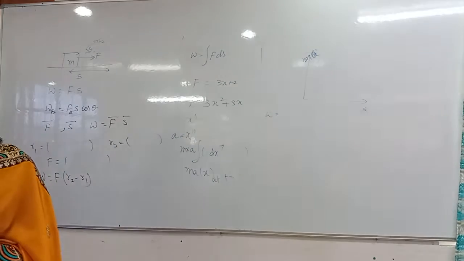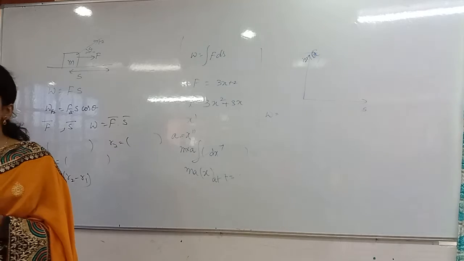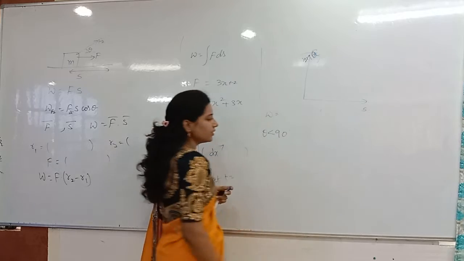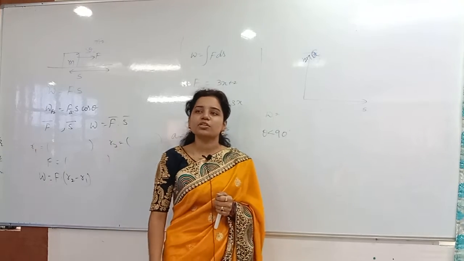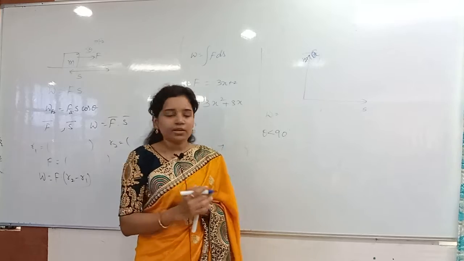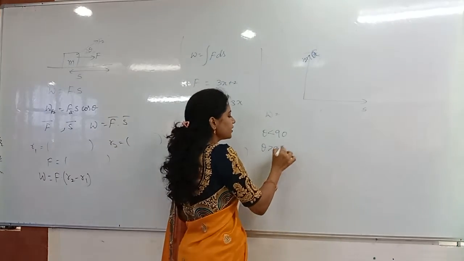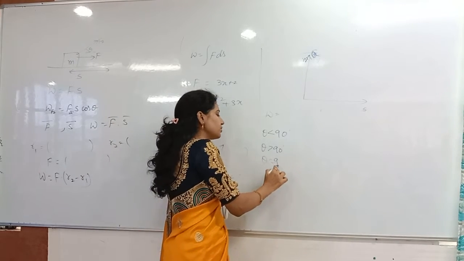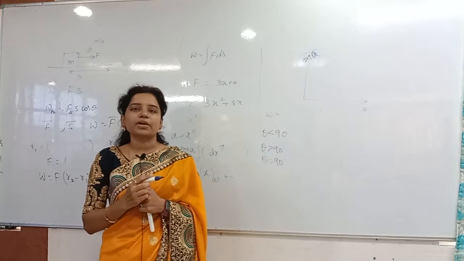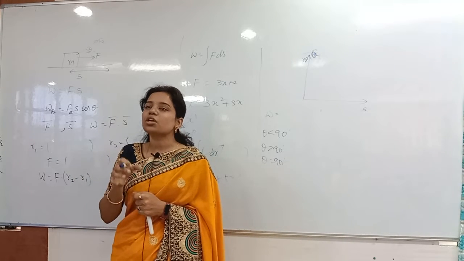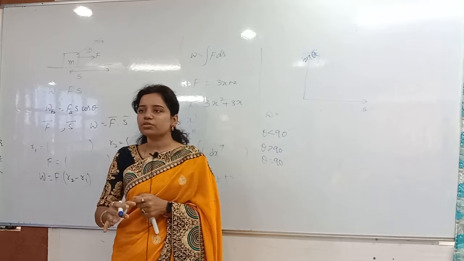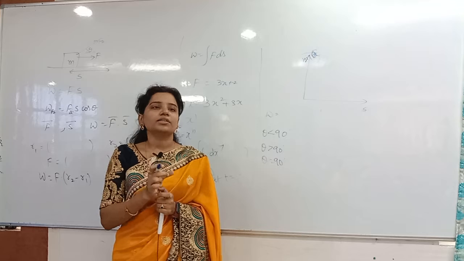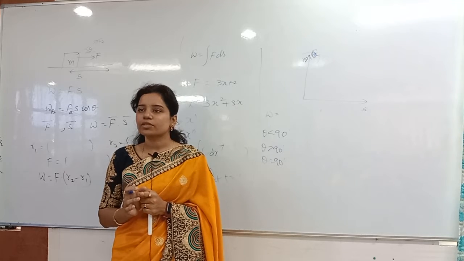Now, and also we have seen the positive, negative work done also. Yes, whenever the angle is acute angle, theta less than 90, at that time what we will say? Work done is positive. Why? Because both will be in the same direction or same plane. Whenever theta is greater than 90 degrees, at that time what we call it as? Work done is negative. If the theta is equal to 90 degrees, then what we can say? The work done by the force is 0. Why? Because it is not causing any displacement. Any force which is not causing any displacement, the net displacement is 0, nothing but at that time work done by that is 0 only. You have to remember that.